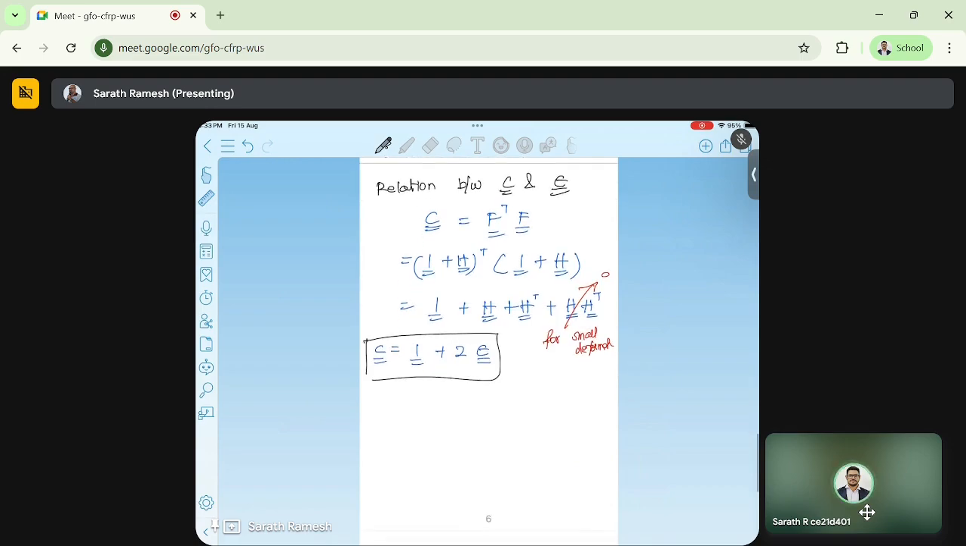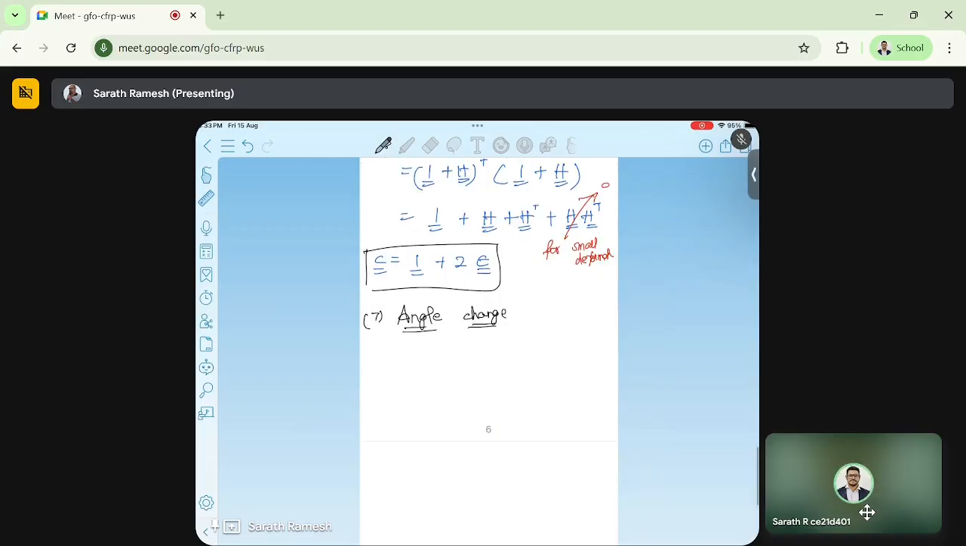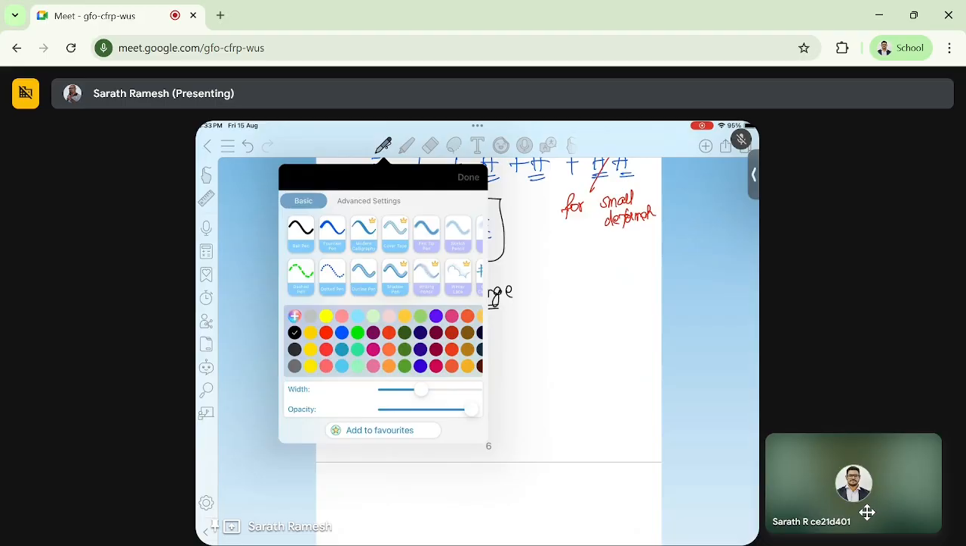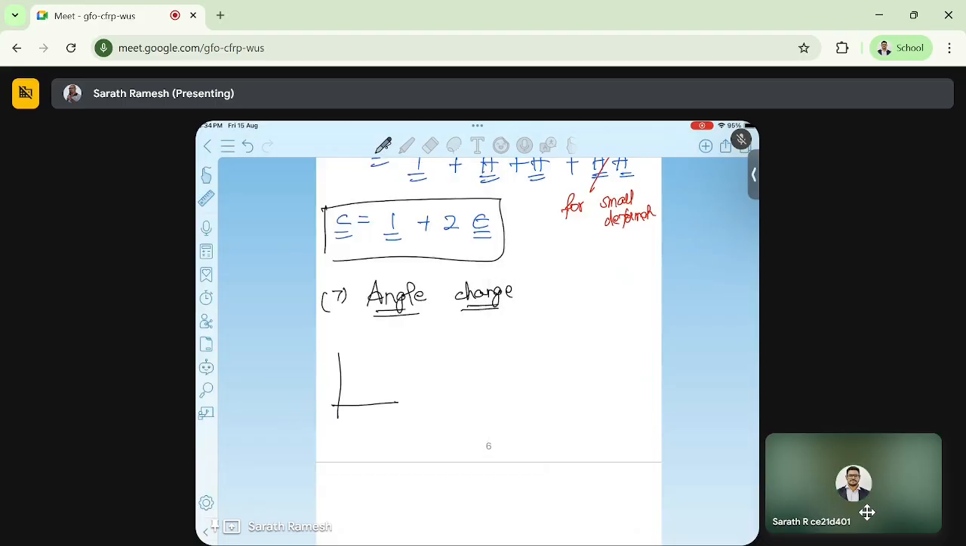Okay, and next concept is angle change. How to find angle change? The formula I'll write directly. So suppose if we have a body